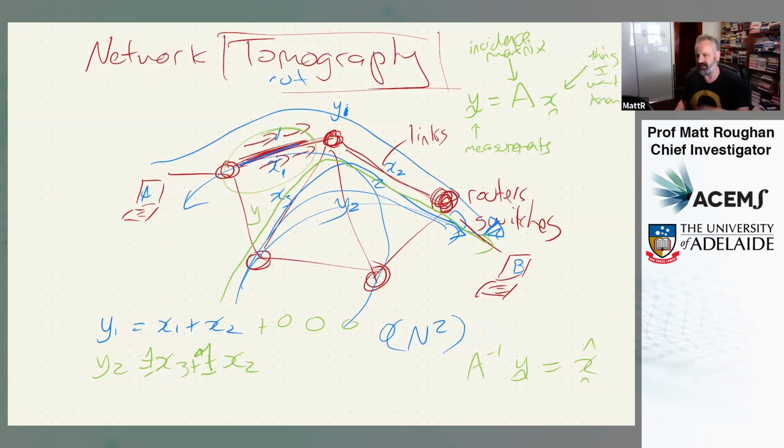However, it's a standard estimation problem to take systems of equations like this and try and invert. It's called a linear inverse problem, and there are many examples of it. I'm going to give you another example of a linear inverse problem in just a second, and I'm going to show you a very general strategy for solving those sorts of problems.